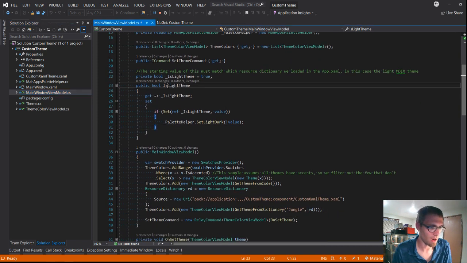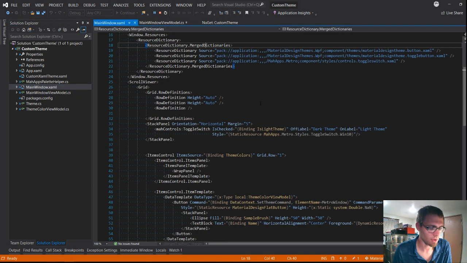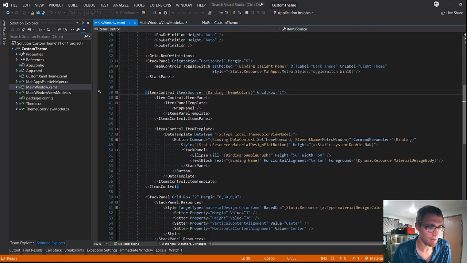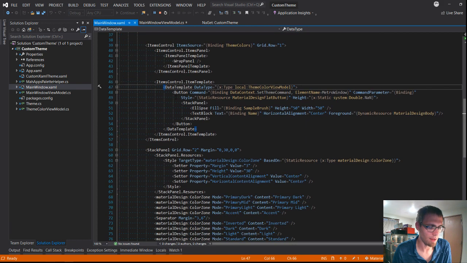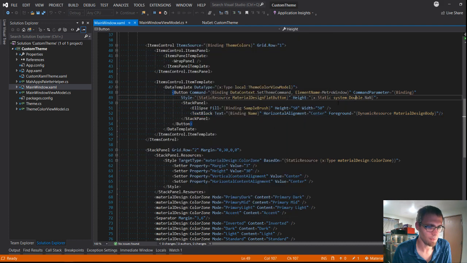So let's start with the XAML. That's probably the easier one. It's a fairly simple layout. There is an items control, which is bound to the theme colors. This uses a theme color view model as its data template. And this data template is really just a fancy button with an ellipse and text box inside of it. So this is the kind of look that you see here. Obviously, I didn't spend a whole lot on the design of this, but got it laying out as much